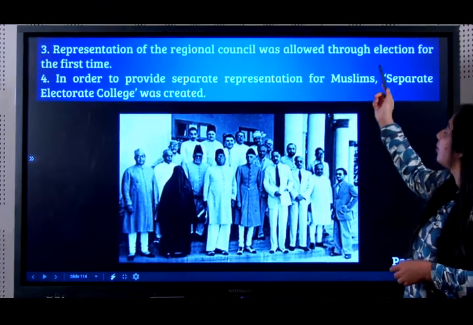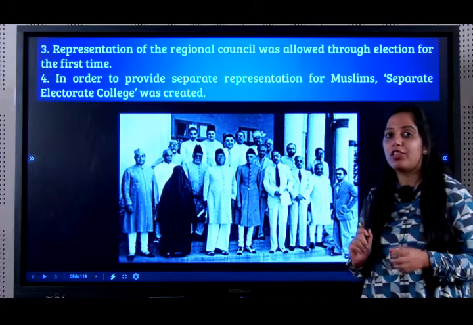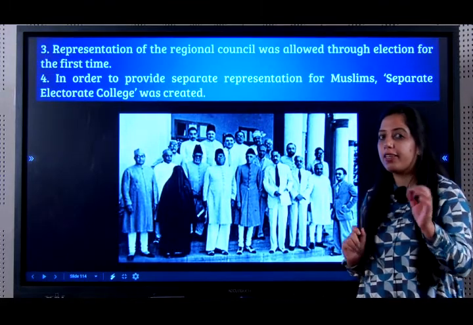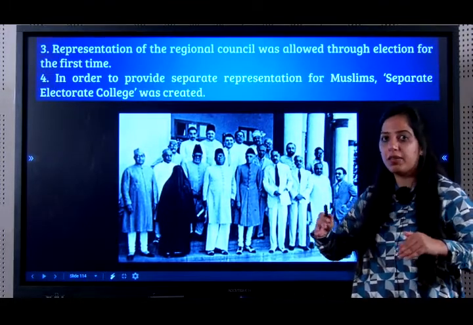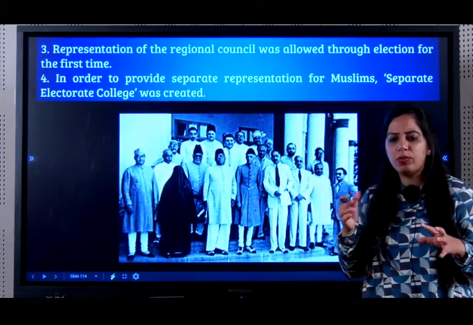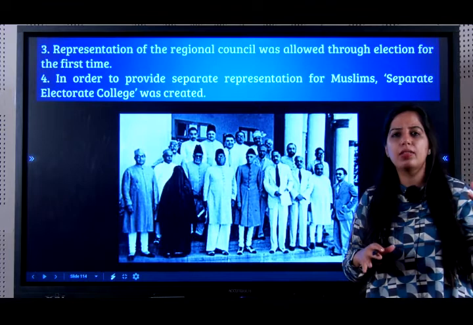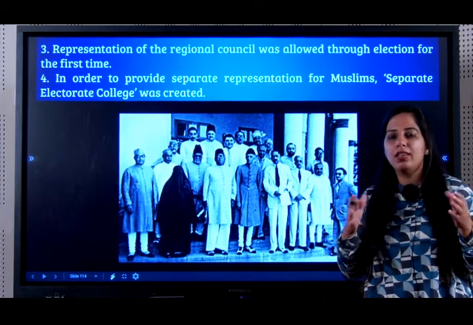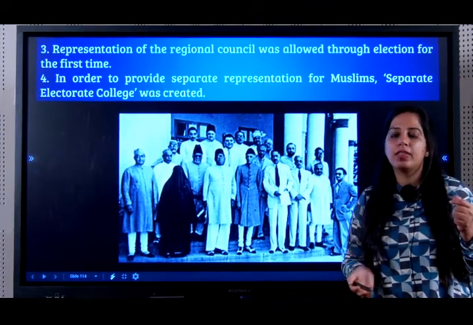Representation of the regional council was allowed through election. Notice, first time there are elections, but in the regional councils, not at the central council. Students, if you get confused in understanding what is regional council, what's the central council, it's very much the